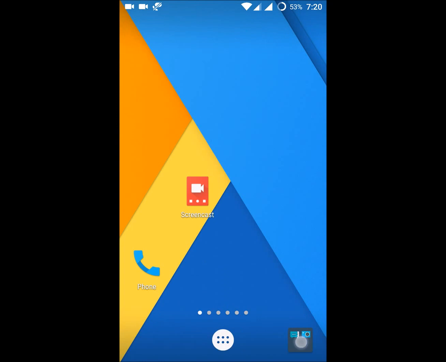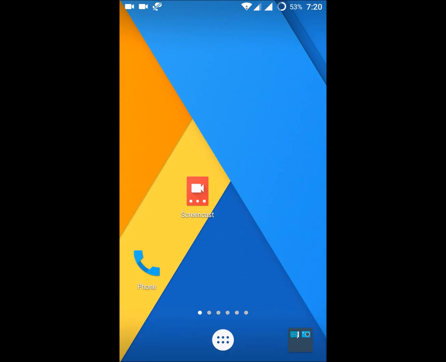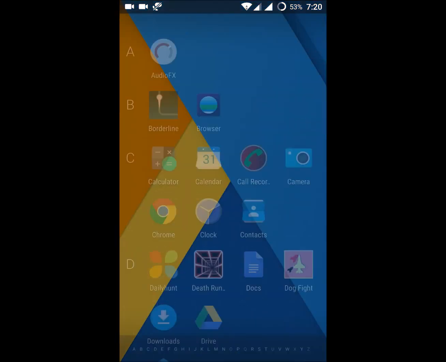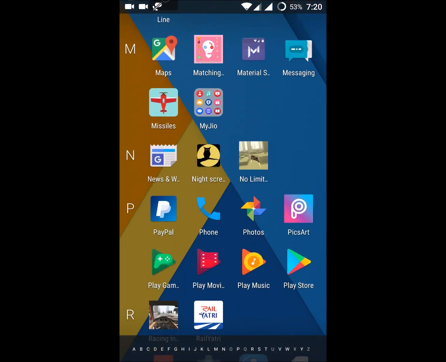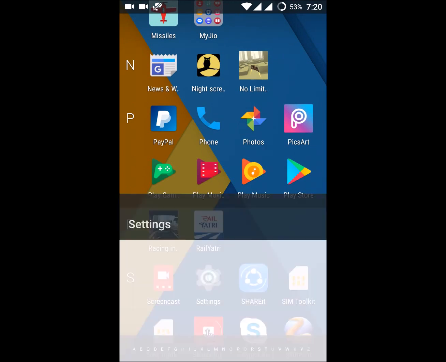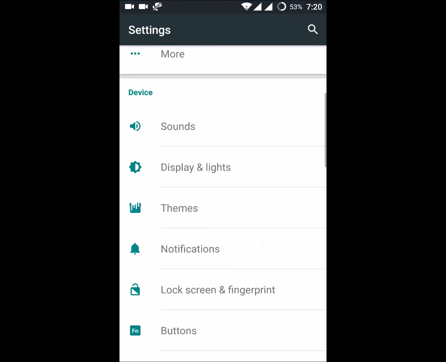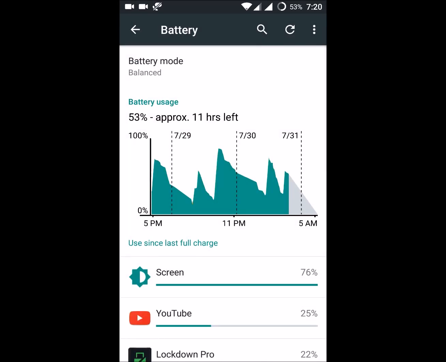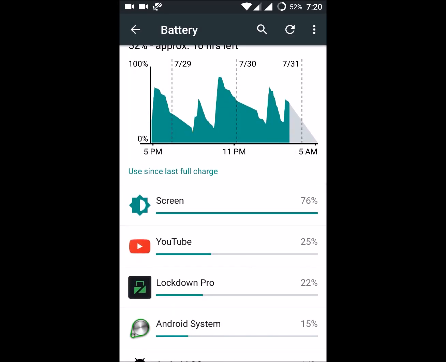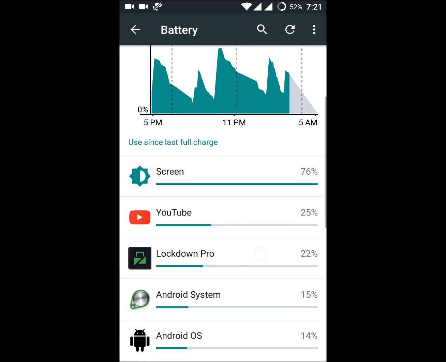For example, if you continuously keep the camera on, it will take a large amount of battery. And when you want to have a longer battery, you just need to go to settings and click on the battery here. So this analytical data about your Android battery will let you know what your biggest battery usage resource is. So here the screen is mostly using my battery, then YouTube, then this particular app.